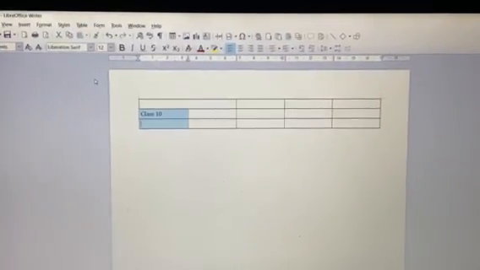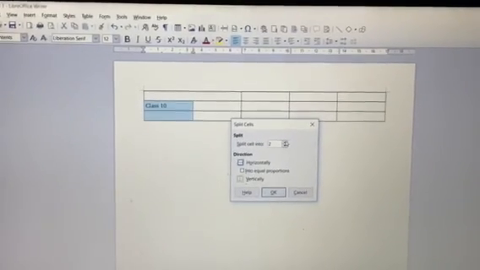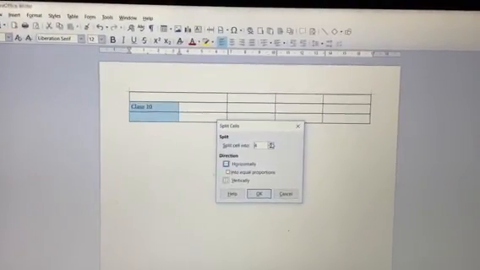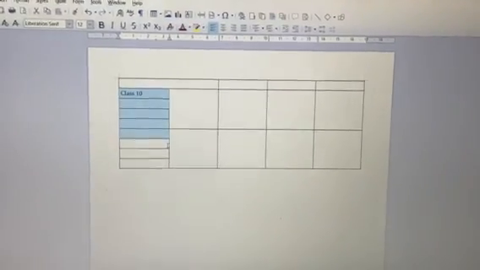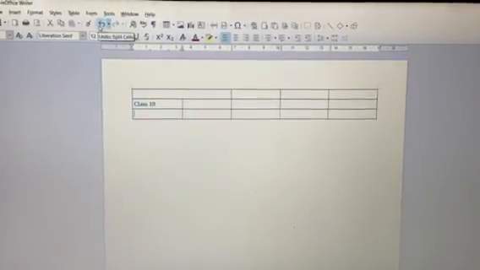Split cells. These are 2. I can split them into 3 or 4. So you can see here these 2 cells are split. Okay.